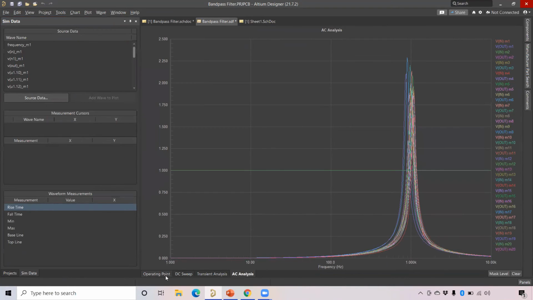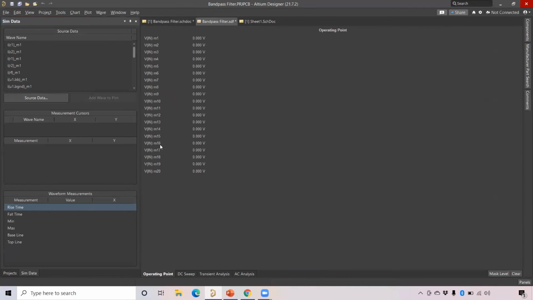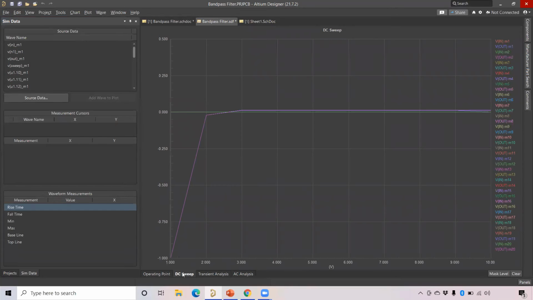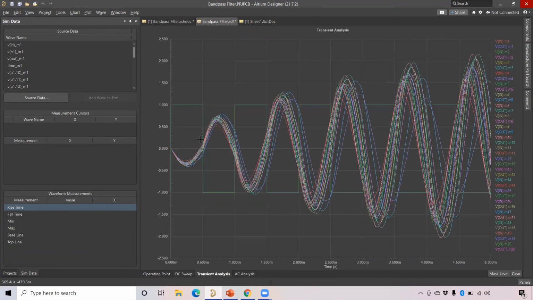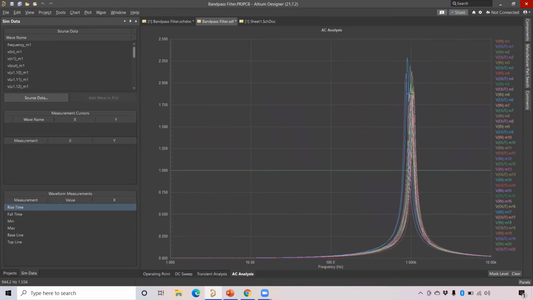Okay, so now you can see DC operating point. It is for all the inputs. Then DC sweep. So in the DC sweep, you can see V in, V out for the 20 signals. Then the transient analysis. So you can see there are very good outputs, 20 run signals. So you can choose the best signal from this for your output, which gives you a high resolution output. Then AC analysis for the Monte Carlo analysis. Okay, so this is with respect to that.